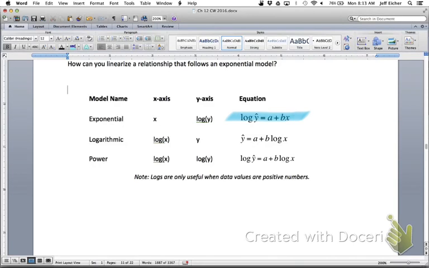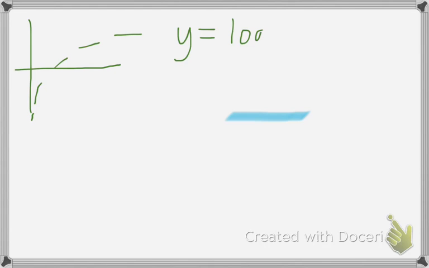Likewise, a logarithmic model should look like this equation. So a logarithmic model, if you remember from your pre-calc or algebra days, might look like one like this. Something like that. That would be y equals log x plus some constant a,